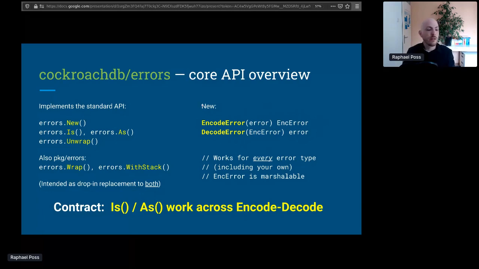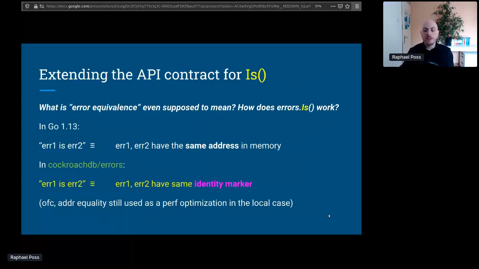And then on top of this logic, we create a contract that the Is and As methods from the API work across encode and decode cycles, including across the network. How do we do this? Well, the magic here is to understand that the Is API is an equivalence operator, and equivalence is, at a high level, a matter of deciding how you want things to be equal to each other.